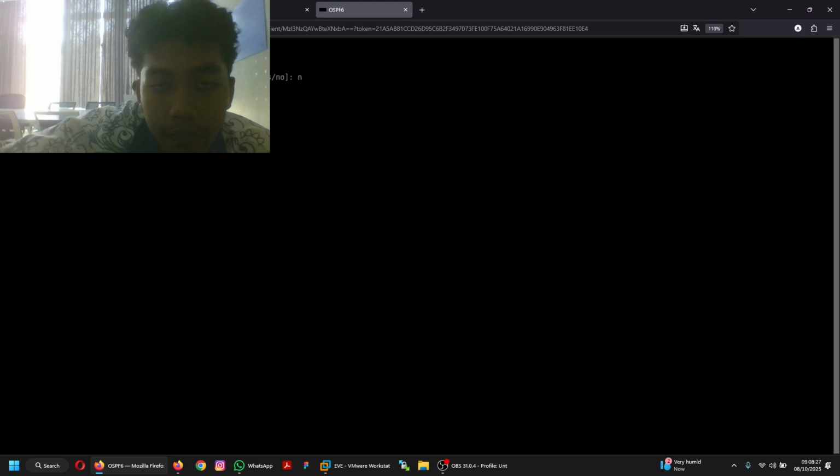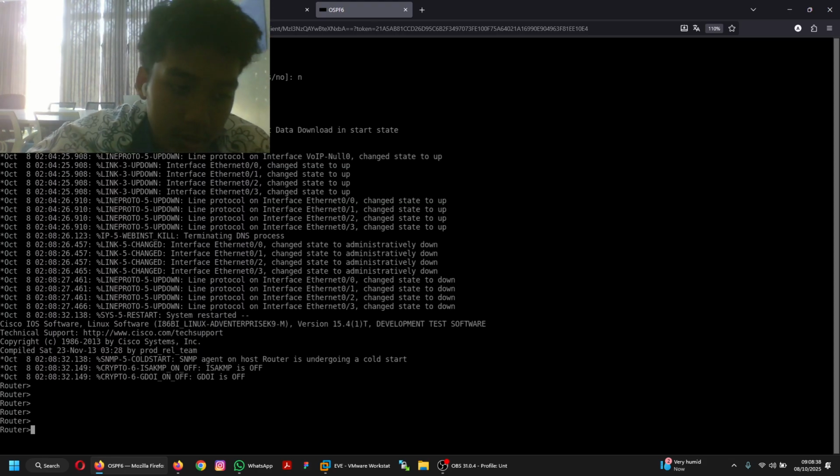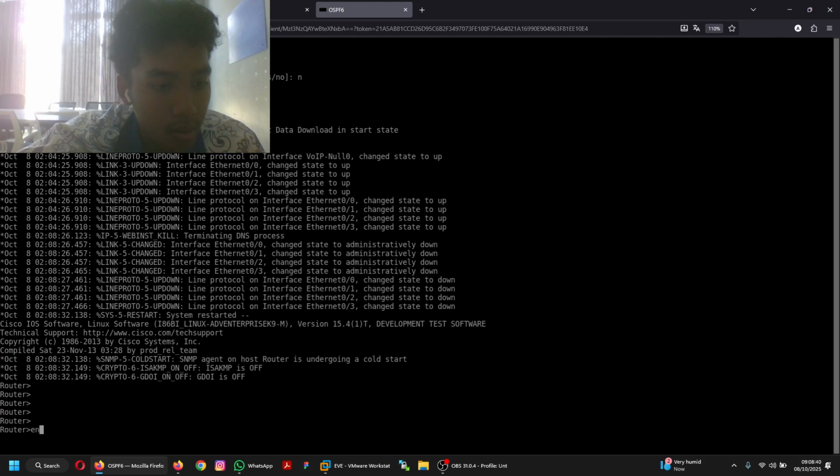For configuring the IP on router 5, you can click no, type N in the test router. Just wait. Okay, now I'll type in and copy.